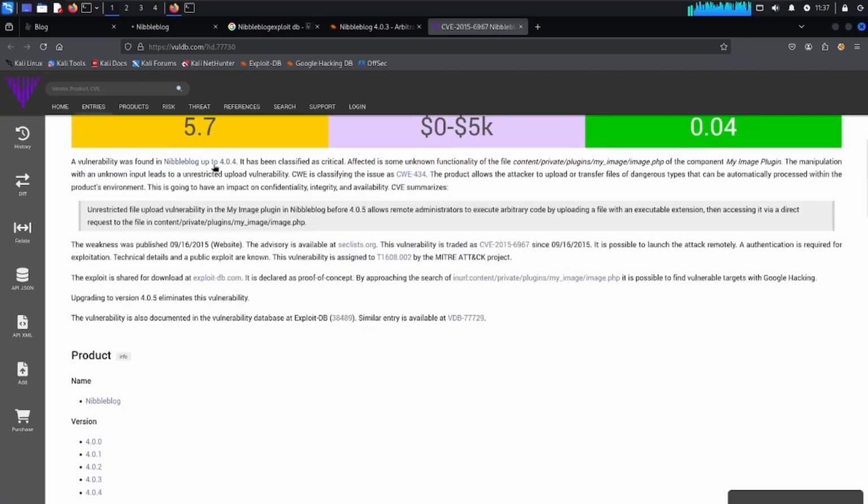the vulnerability is found in Nibbleblog 4.0.4. It has been classified as critical, affecting some unknown functionality of the file contained within the private plugin my_image, image.php, for the component my_image plugins. Okay, the manipulation with the unknown input leads to an unrestricted upload. Okay,